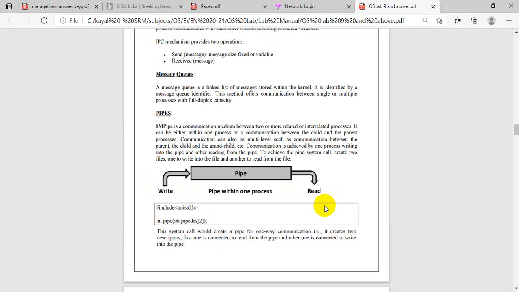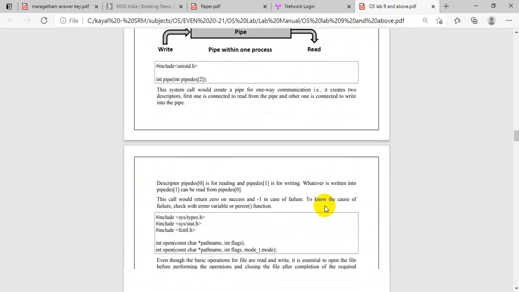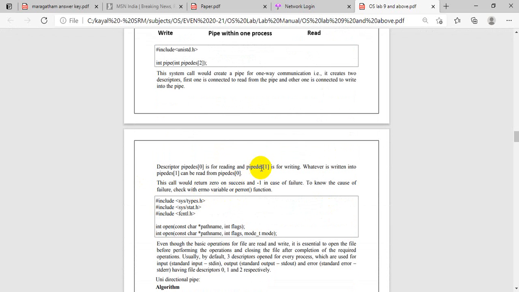By default the pipe is declared with size 2, which means pipe of 0 and pipe of 1. Here 1 indicates the write process, so writing into a pipe is pipe of 1, and the read process is by default pipe of 0.